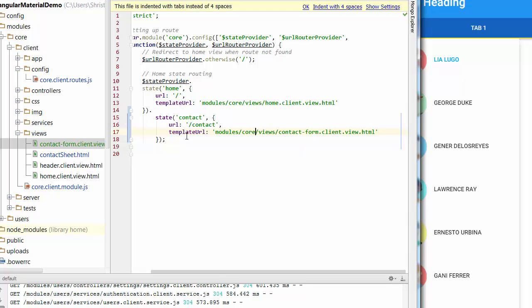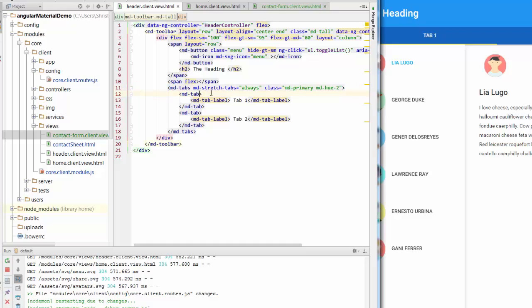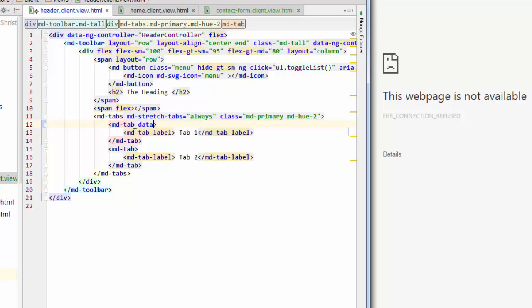Now what we have to do is tell our tabs to connect into these particular routes. You've got to tell them that they exist. So I'll jump over to my header view. I've got a tab here. What I'm going to do, in this tab, is add a data UI, that one there, and this first one is going to be home. Copy that whole directive. This is just an Angular UI directive, and at the bottom I'm going to use contact. Now, where did home and contact come from again? They're directly out of the route.